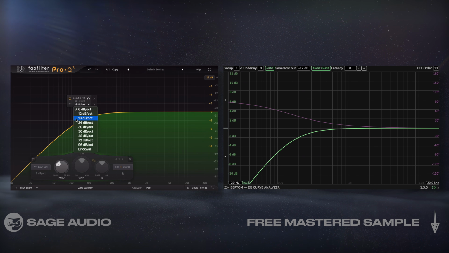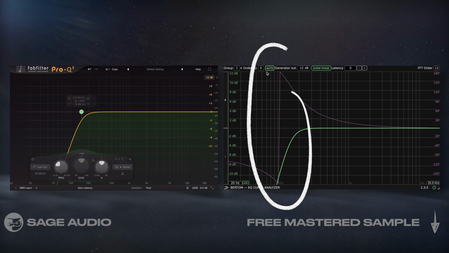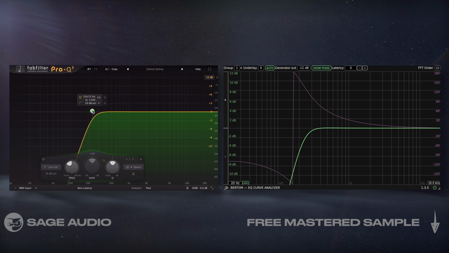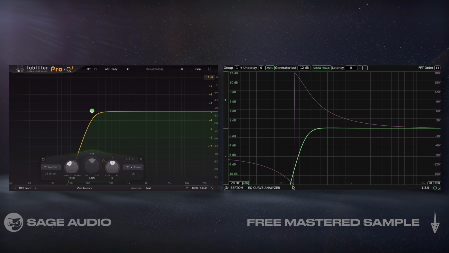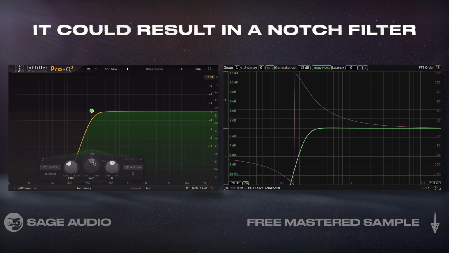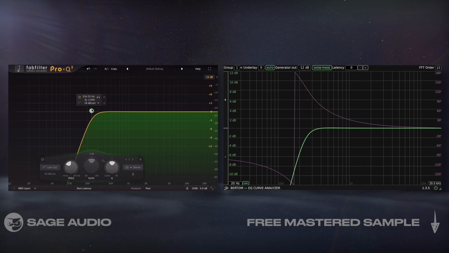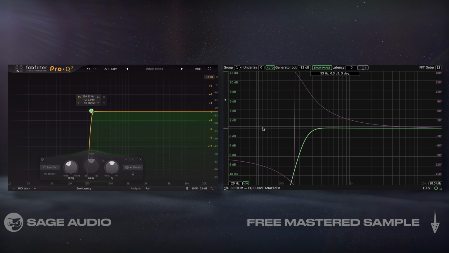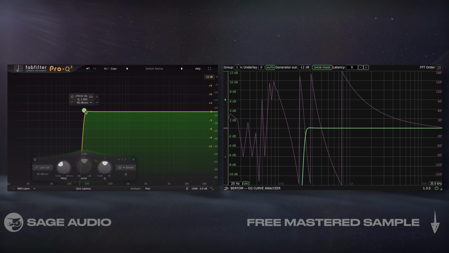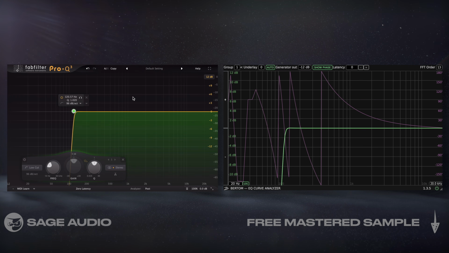Second, 18 dB per octave filters and higher cause 180-degree phase shifts. Now, this may not be a problem, but if you have another, very similar signal that occupies the frequency at which this phase shift occurs, it could result in a notch filter due to phase cancellation. Now, as you'd imagine, the sharper the slope, the more aggressive and numerous these filters become. Again, this might not cause issues, but when they do, it might be hard to understand what exactly is sounding